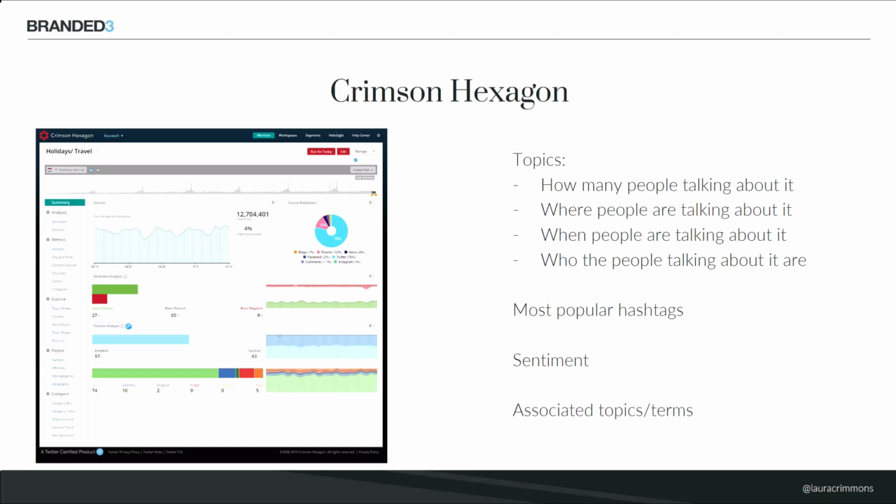So starting off with social media, as I said, Crimson Hexagon is the tool that we use at the moment, but Brandwatch and Radian6 do very similar things. It just depends on what you've got your hands on. But this can be really useful because there are various studies done in terms of what journalists want, what makes a good story. There's some really good research on that.